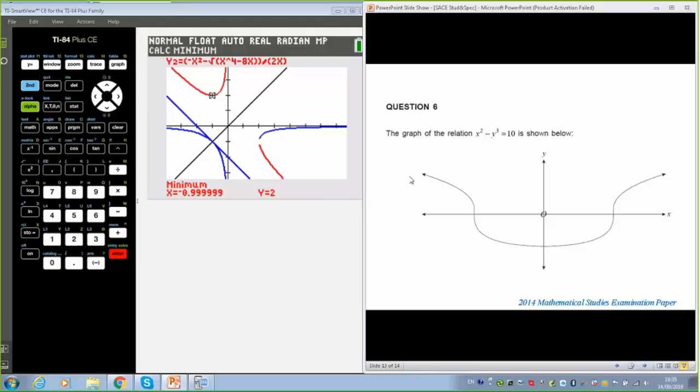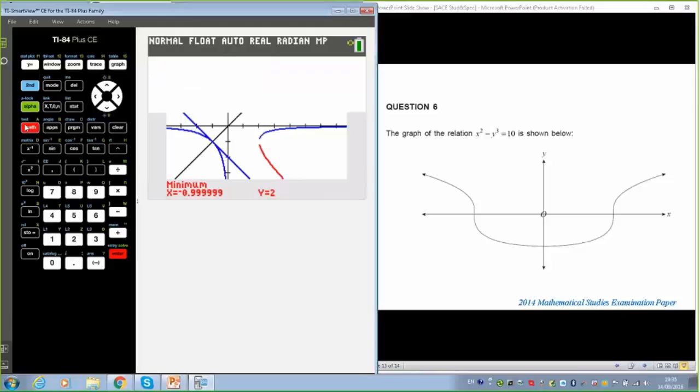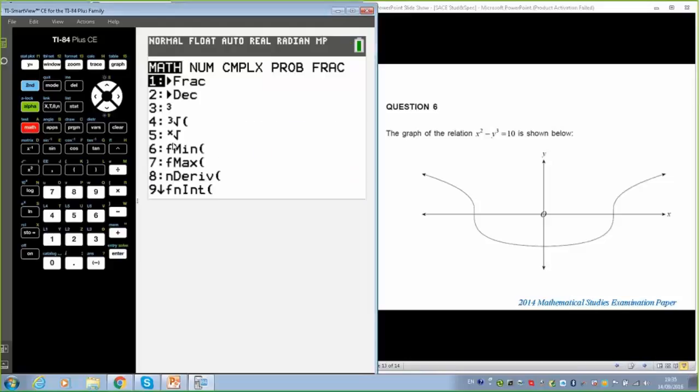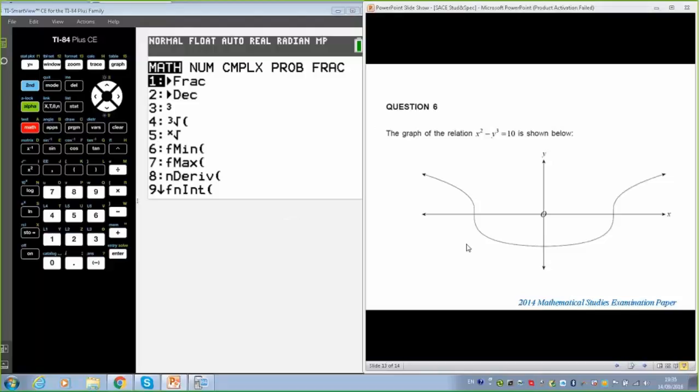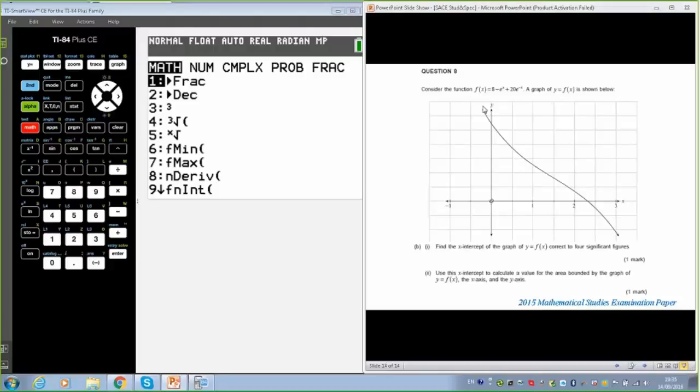There's another one that we can solve the same. I can just type that in, rearrange it as cube root. I won't do that because I'm conscious of time, but cube root is in here, or any root that you want is number 5 in the maths function on the calculator. And we have got another one that we would equally get. I'm conscious of time, I wanted to pass on to Carol, but we have here one that we can equally graph. We would set the window up correctly. We can find the x-intercepts.